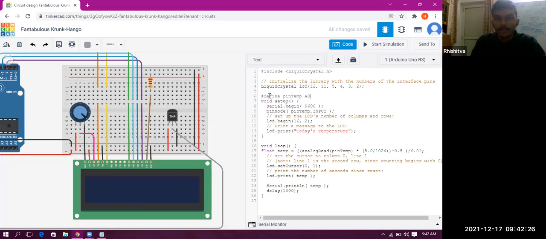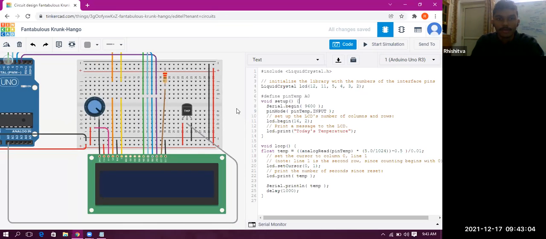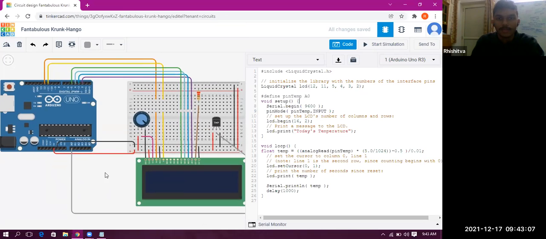Now comes line number 6, where we are defining our pin temp. We have taken a variable, let's say pinTemp. So pin is small over here and then Temp. The 7th class students who were having a doubt over here, what they did was they made it a small t, and over here they made a big T. So you have to be uniform in your coding. They were getting a lot of errors. It is a small mistake, but when they started the simulation, they were having errors. So try to be uniform. So pinTemp A0. We chose the A0 pin over here, as you can see. So we have just defined it.